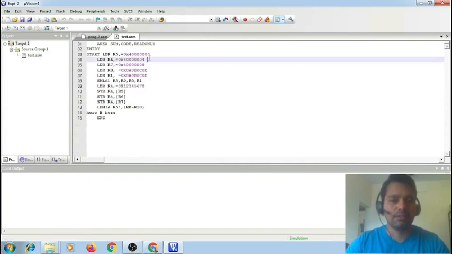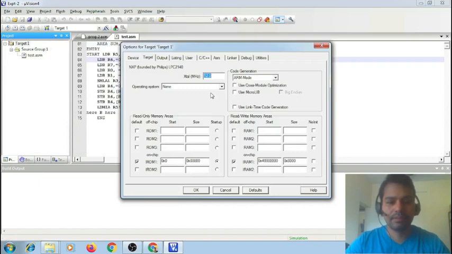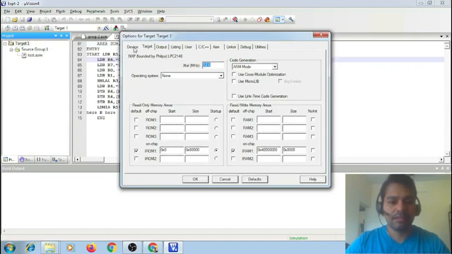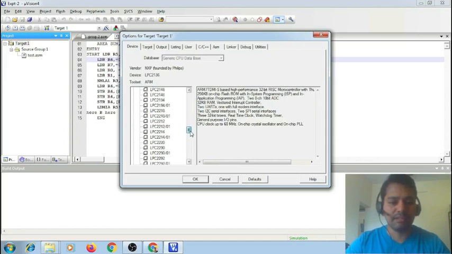Now you can modify the options for the target one by right clicking on this target one. Select option for target one. You will get this window where you can go to the device tab. You can see the different devices available and the already selected device for our target project.